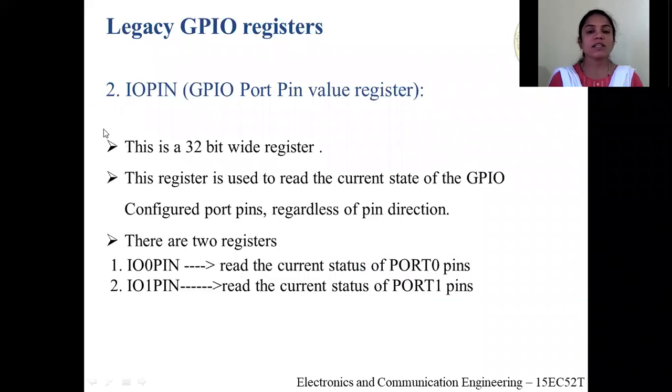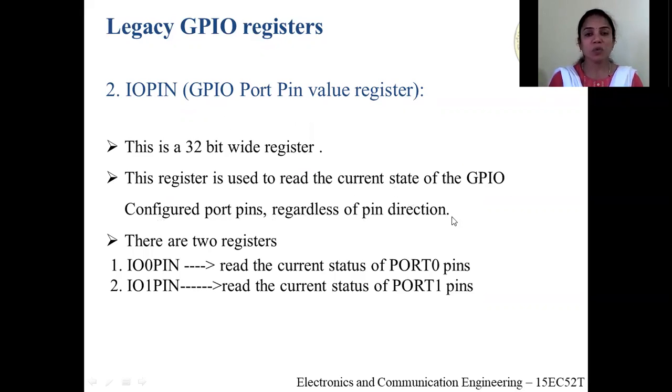And the next register is IOPIN, that is the GPIO port pin value register. All these registers are 32-bit wide registers. This is also a 32-bit wide register. Here the IOPIN register is used to read the current state of GPIO configured port pins regardless of pin direction.